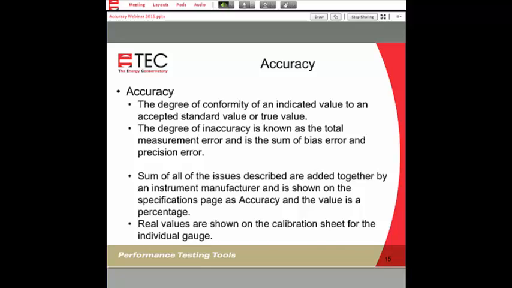Now, usually what happens is that when you receive an instrument, the real values are shown on the calibration sheet for an individual gauge. And you'll see on one side, one set of columns, all of the values that your individual gauge will display given a certain amount of pressure.